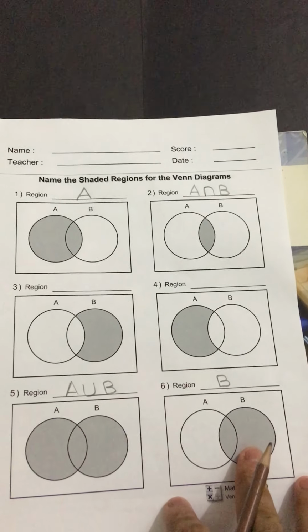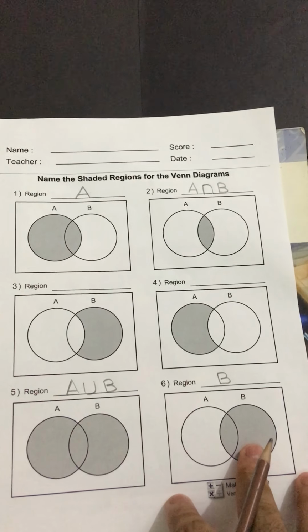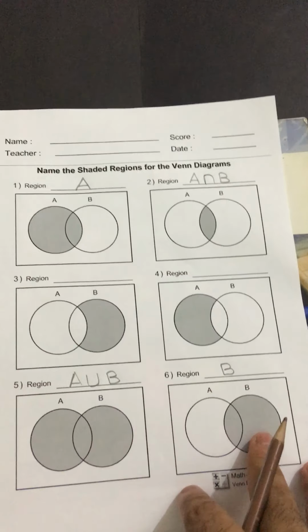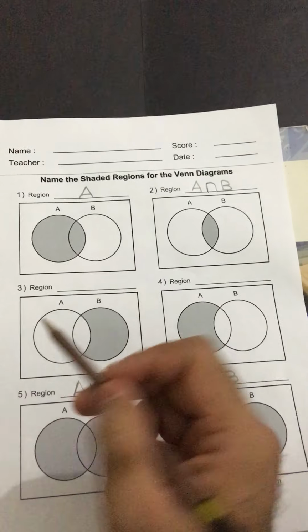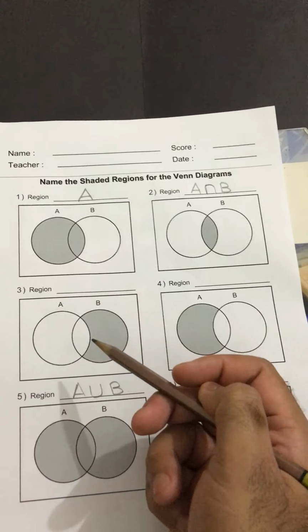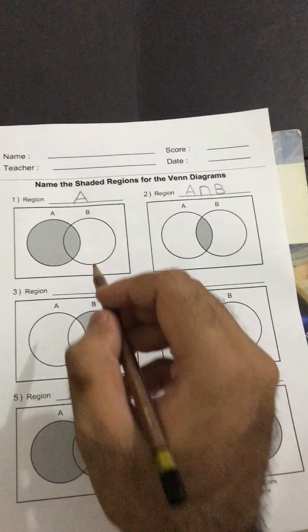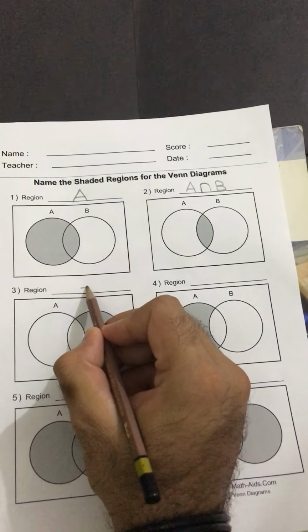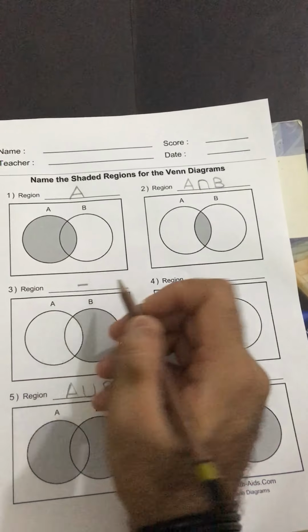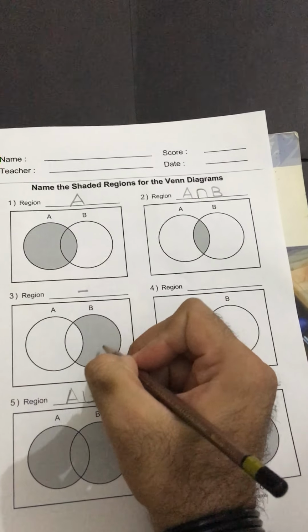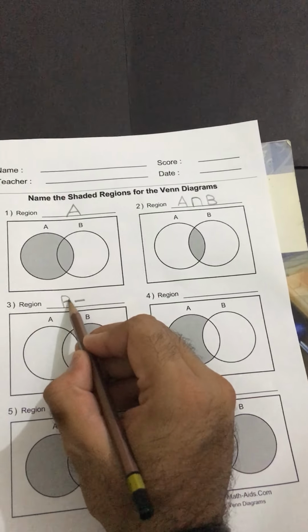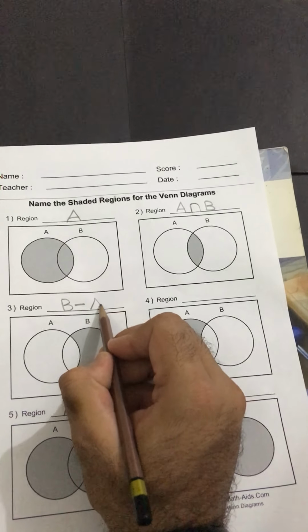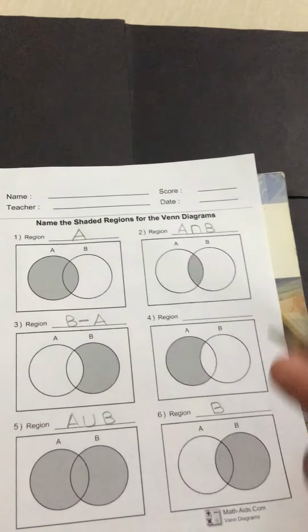So talking about the regions 3 and 4, I can clearly say that this is that part of B that has no connection with A. The shaded part belongs to B, and it is that part of B that has no connection with A, so I can clearly say that this is basically a difference operator. And since the answer lies in B, B will be first and A will be second, since A is not shaded. So this is just a trick for it.